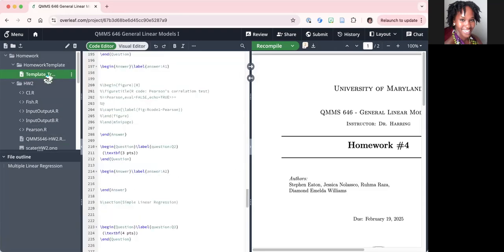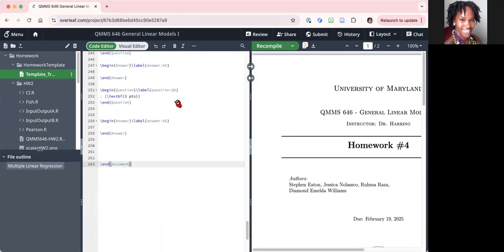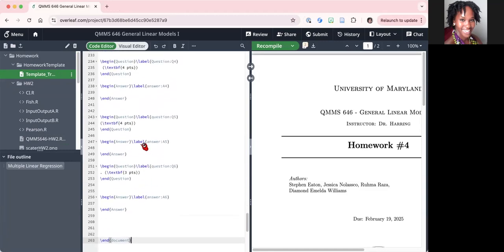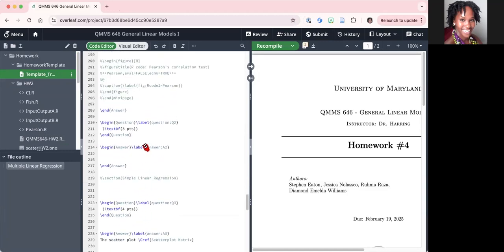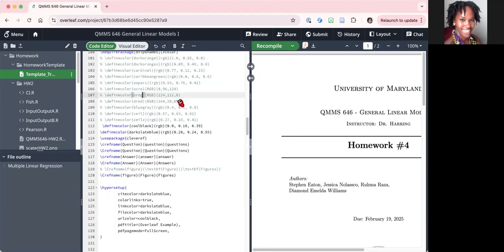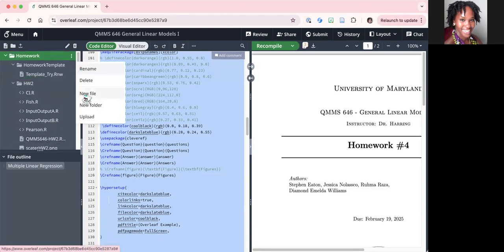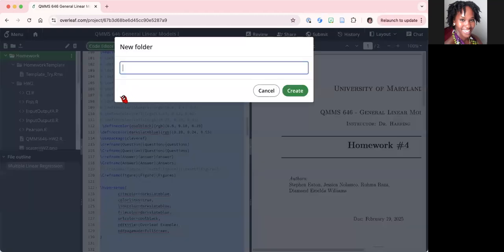So I've worked to make a homework template. This is called the try template. It's not perfect, but it works for what we have now. So I'm going to show you how I would copy and paste this to make a new file. I'm on a Mac, so I'm just doing Command A and Command C so that I can copy everything. I'm going to make a new folder for